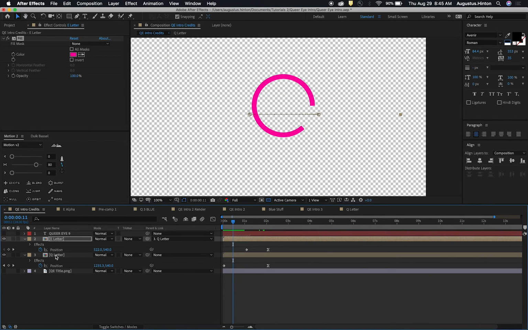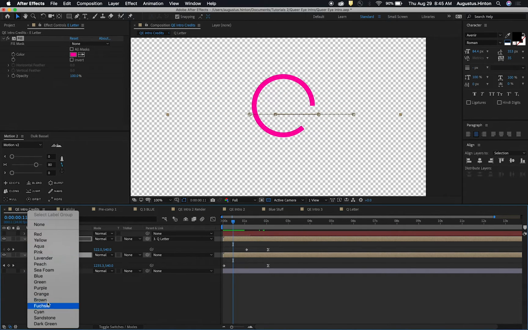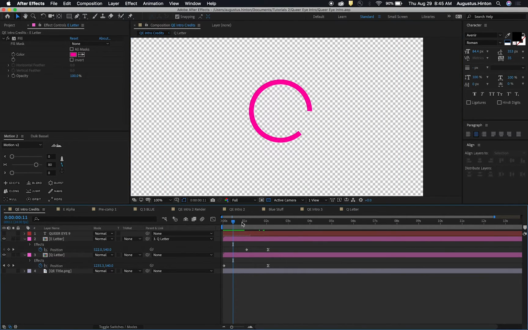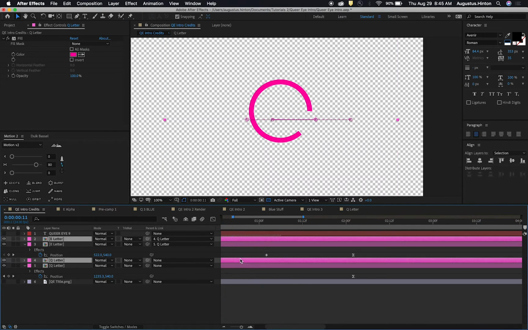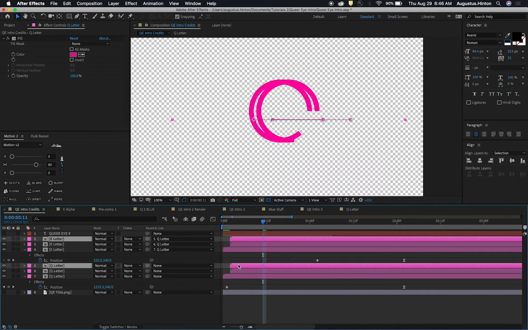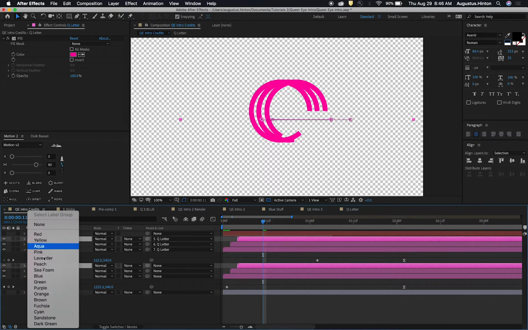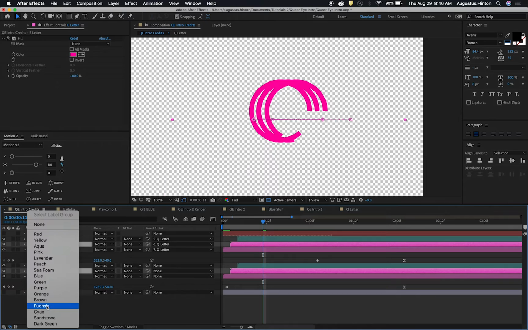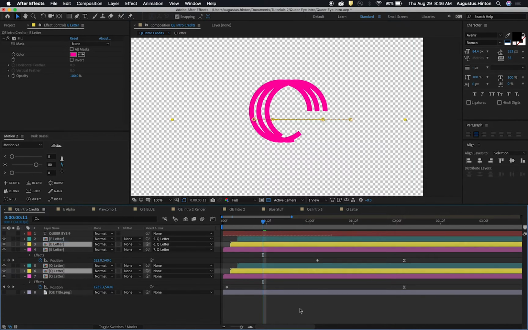And let's also label both of these as fuchsia, just so this is a lot easier to work within the timeline and we'll stay organized. And now we're going to duplicate these bad boys, shift them over 2 frames, duplicate them again, shift them over 2 frames again, and let's make these top ones cyan, middle ones yellow, and it should be that order that these happen as well,